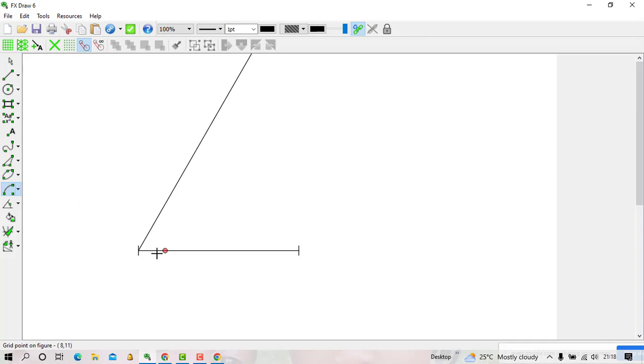Immediately I click that. Now I start with the center. You always start with the center. So I click there, and you don't click anywhere else. You move the cursor up to that point where the lines are intersecting. To know that this is the point where the lines are intersecting, you'll find that immediately your cursor reaches there, all the lines turn red the way they are displaying. Then I click there.